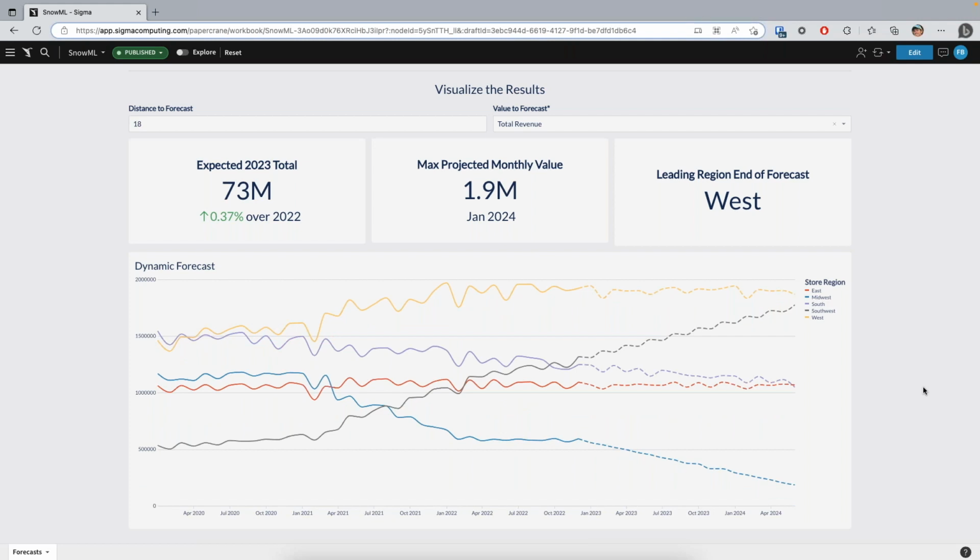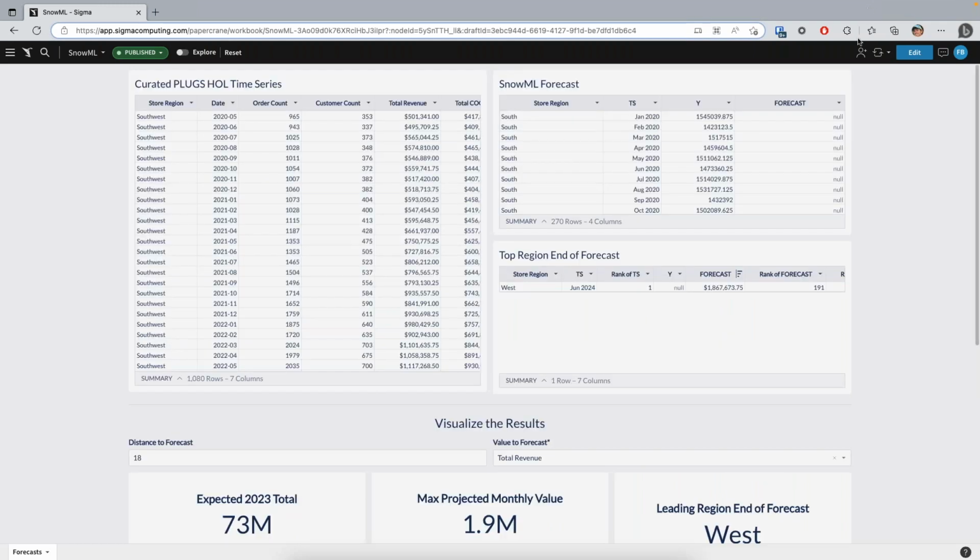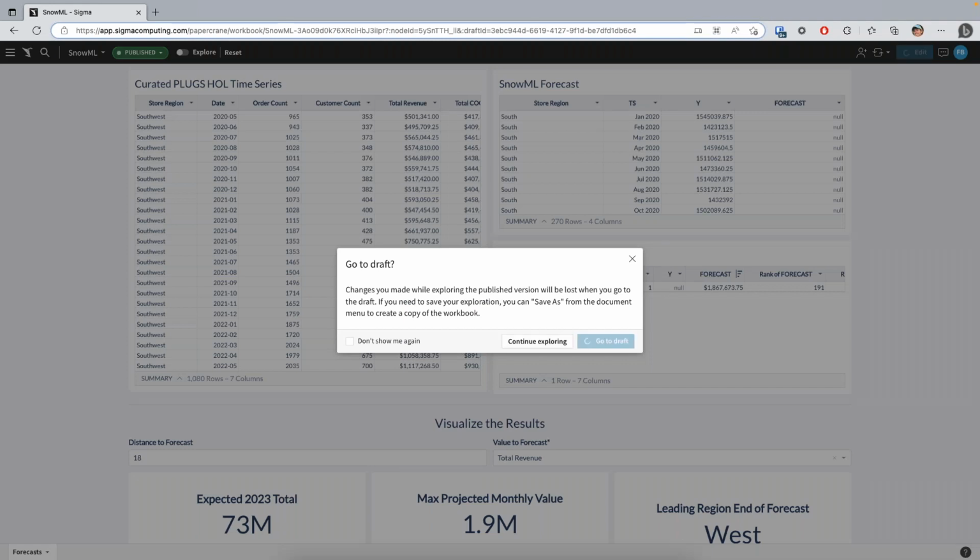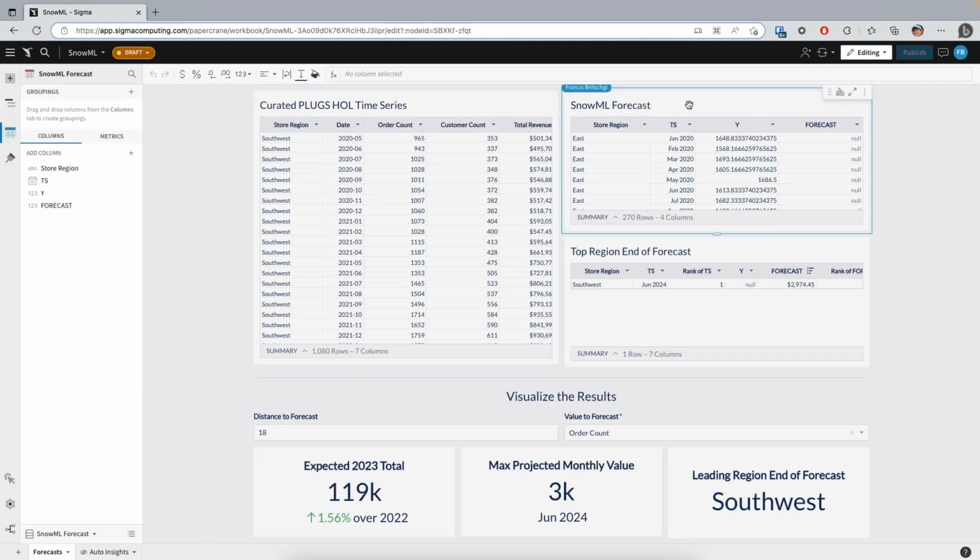When I say pre-trained in this sense, I mean that I didn't even touch it. This is something that Snowflake manages for us. So this is the quote unquote easy button for working with forecasts, and I'll give y'all a sense of what that looks like. When I hit edit here, we'll see that this Snow ML forecast is coming from a data set that's built on SQL code. So let's view that.